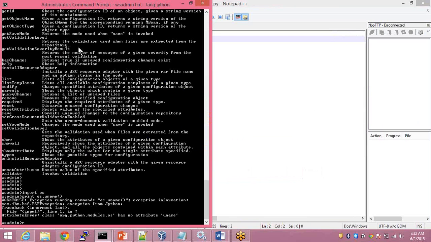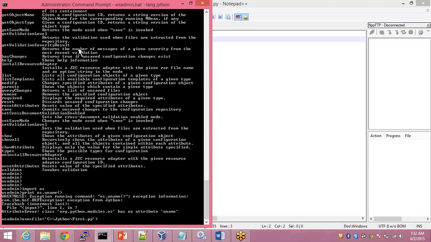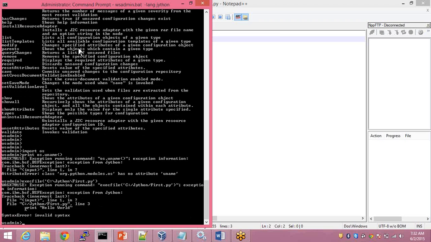I just want to invoke that program here in wsadmin. execfile, then brackets. What is the path of that one? Where is the program? It is there in C colon slash Jython slash, sorry, first.py. So there are two ways to execute your program. One is this one, execfile. Another one is the command prompt. Just like you told, in the shell program, can I call? Yes. So in the shell